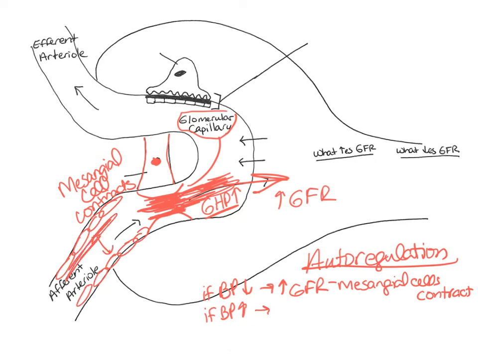So if the lumen of the afferent arteriole decreases, and we go from this wide to only this wide, now there won't be as much blood that can get in through the afferent arteriole to get into those glomerular capillaries. So in that case, just by the afferent arteriole smooth muscles contracting, it will decrease the blood pressure. So again, if the blood pressure increases, the afferent arteriole